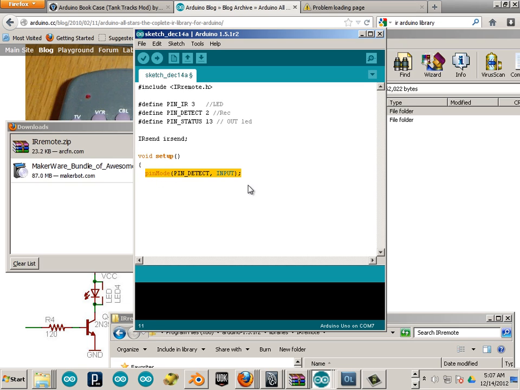And I don't know if this is going to help, but I'm just going to do this, paste it, Control C, copy that one, paste it here, and change this to output. There we go. I don't know if that was worth it, but there we go. IR send, and this is the cool part. This is really cool. Enable IR out